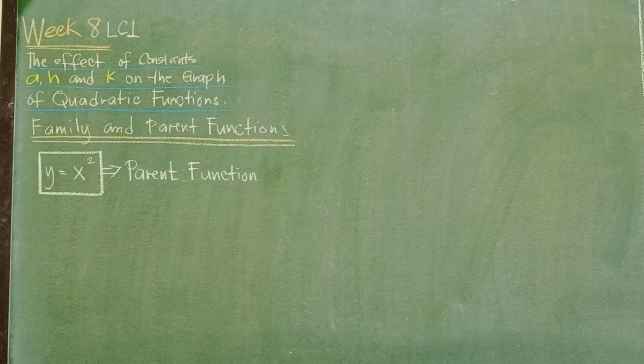So, ano kaya ang itsura ng graph kapag negative yung A? Ano itsura ng graph kapag negative yung K, negative yung H, or vice versa? So, we will start with family and parent functions. So, yung y is equal to x squared is yung parent functions ng all quadratic functions kasi lahat mag-i-start sila